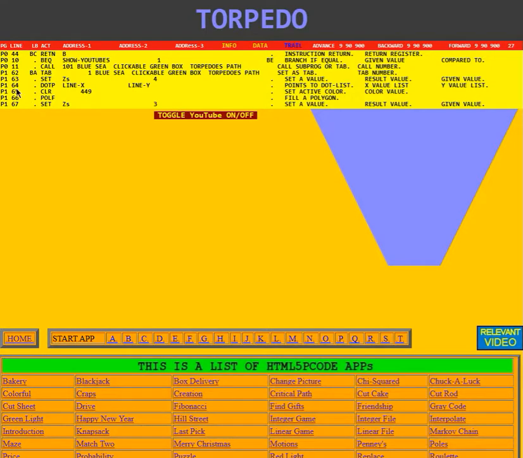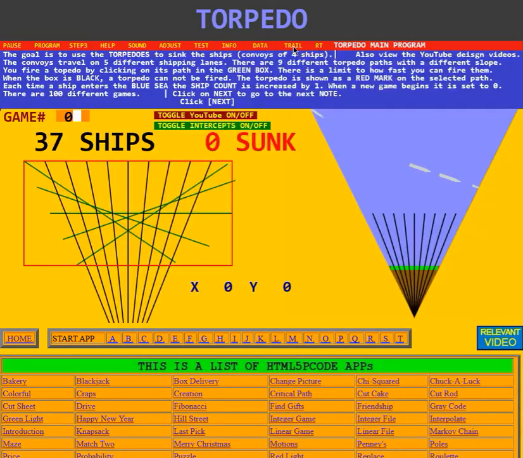Well, now let's say I want to change the color of that. And over here I see the line that made the color. It says here, color it 449, which is this light blue. Well, if I wanted to change that, I could click on that instruction line, and I can leave the trail,